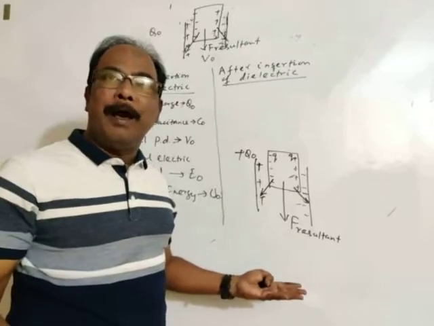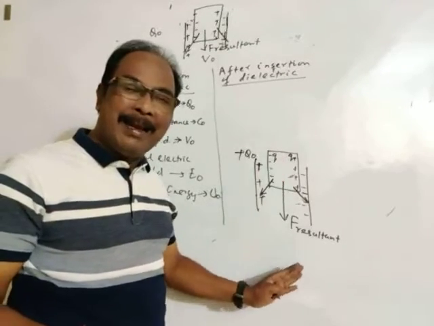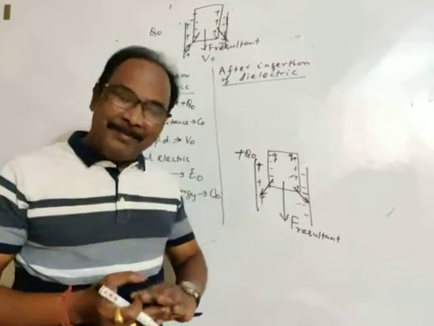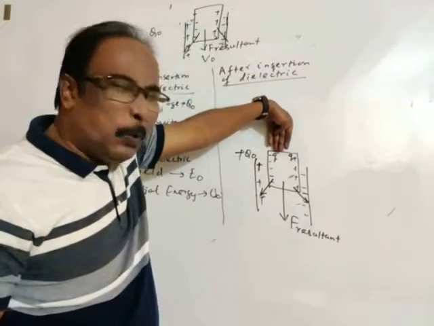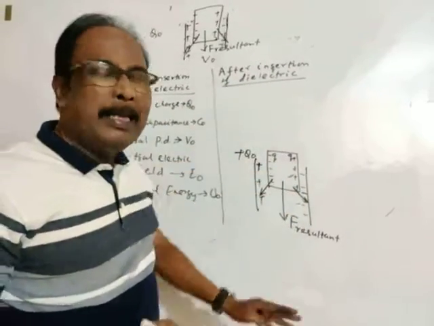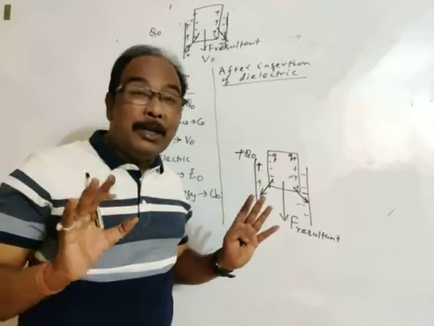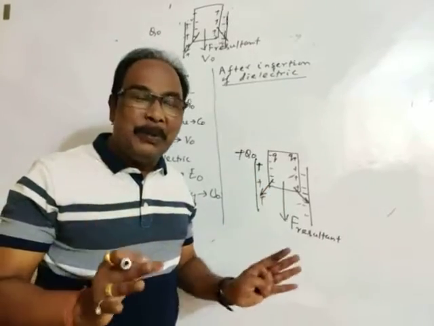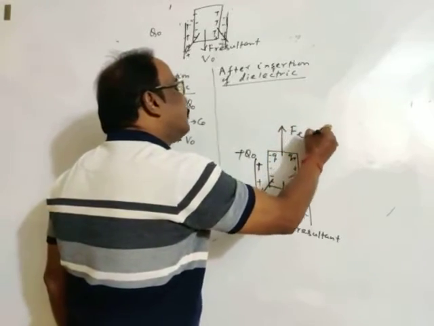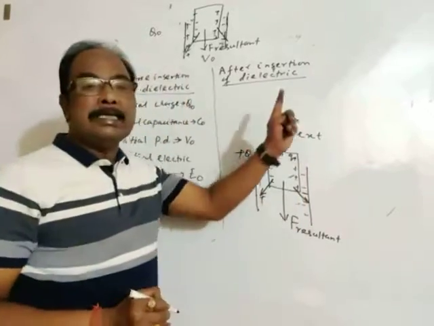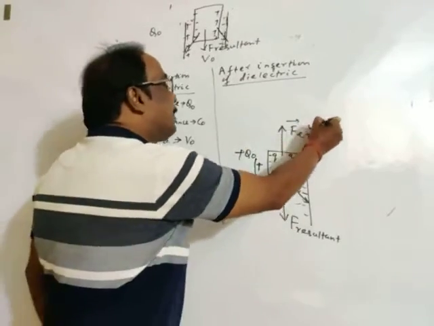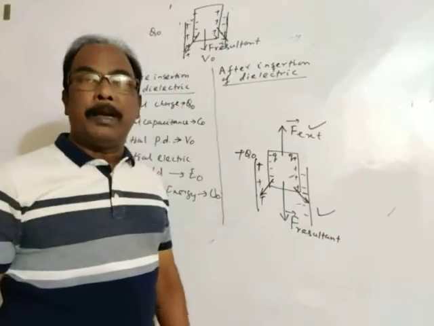Obviously, the motion will be accelerated. But we need an equilibrium condition. Means the dielectric slab must move slowly. Means we should have the resultant force on the dielectric slab zero. To have zero resultant force, we may apply an external force or external agency in the direction opposite to that of the resultant force, so that the magnitude of the external force is equal to the magnitude of the resultant force.